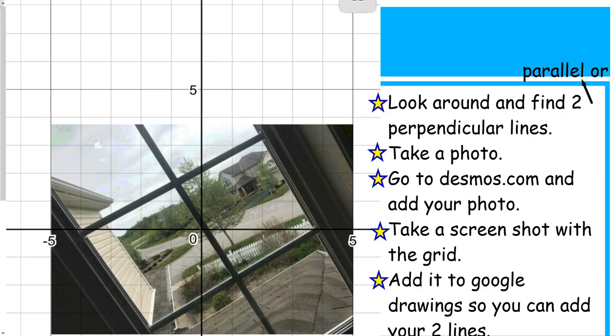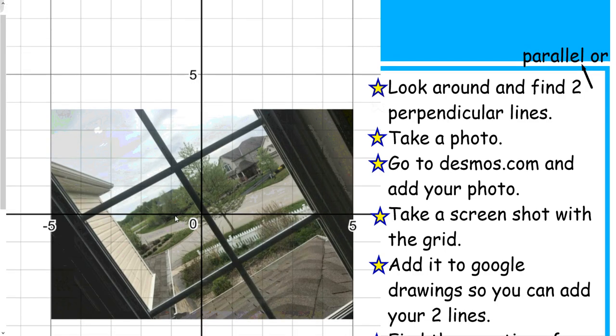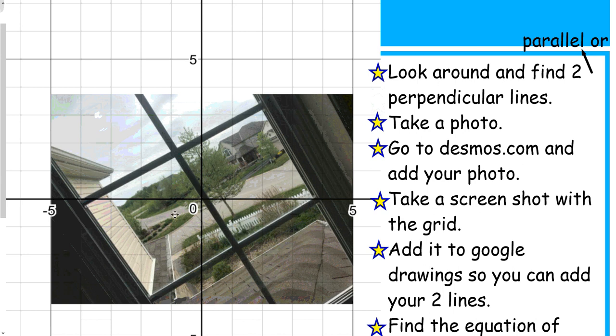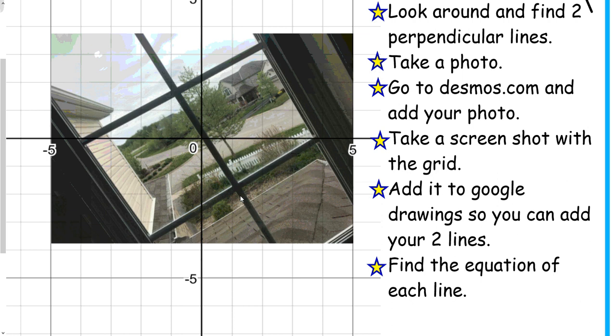All right, second part of the homework is you're going to take a photo. I want you to go outside and look around. I created another instructional video of this part of the homework, but I'll just go over it briefly here. You're going to go outside and take a photo and see if you can find two lines that are perpendicular, like these lines here on the window are, or two lines that are parallel. And then you're going to take that photo, put it into Desmos, and once you put a photo into Desmos, it creates this grid overlay for you, which is nice and handy. Take a screenshot of that in Desmos and put it into your Google Slides